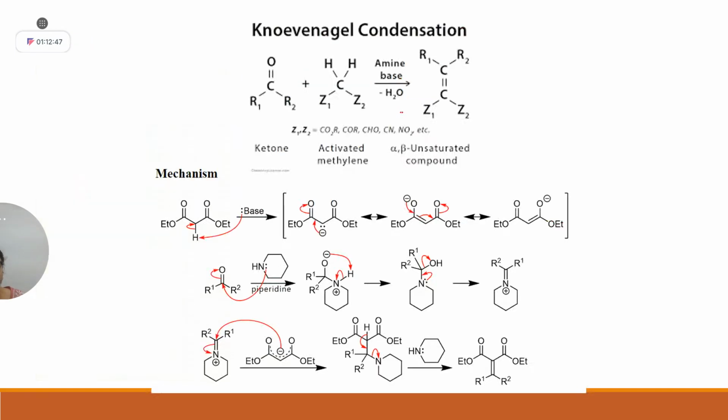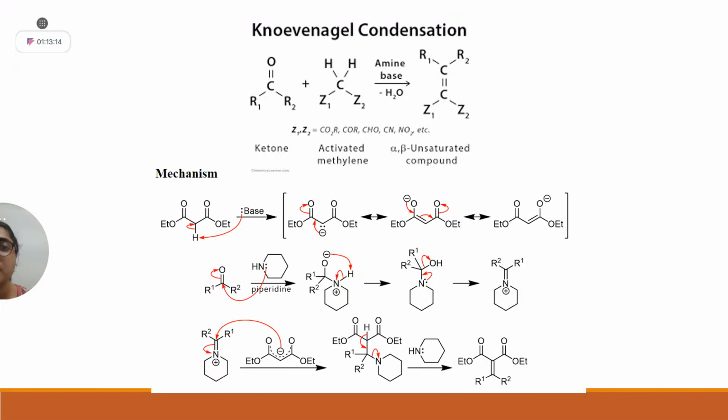Next, after completing all the name reactions, I'm going to ask you in which name reaction what was happening. Let me revise until this point. In today's class, we have covered Michael reaction, which is nothing but addition of a nucleophile onto an alpha beta unsaturated system. If that Michael addition happens in annulation form, that is Robinson annulation.